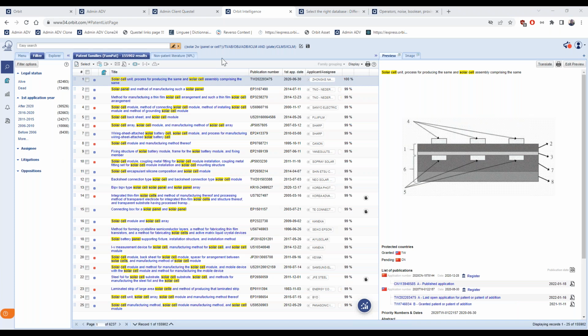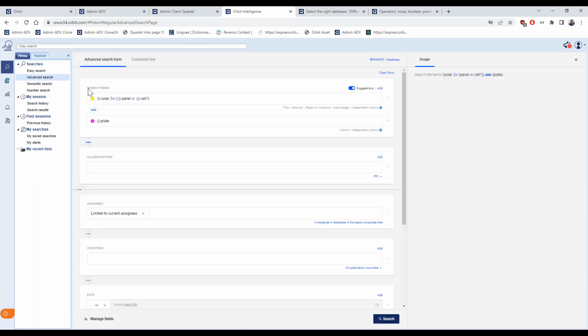As you can see, this search gives a high amount of results, more than 1,000. So maybe I need to refine my search more. I can go back to my advanced search and put maybe another term.